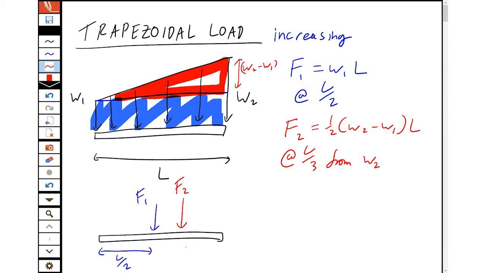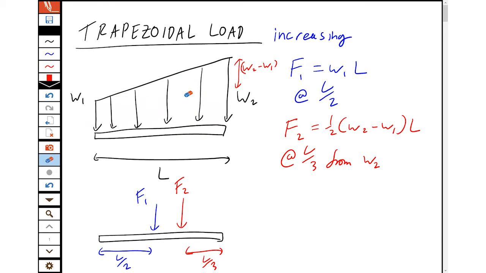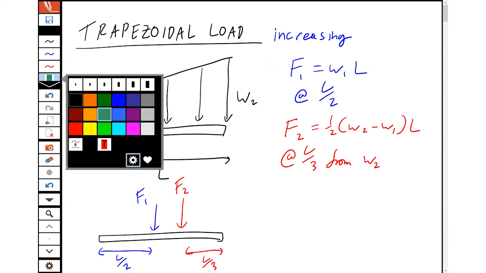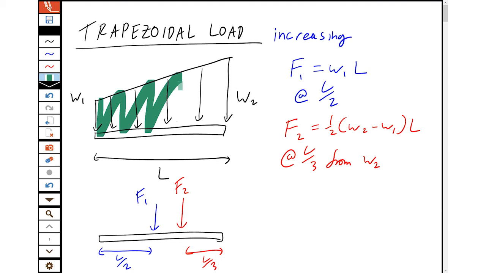And you can see that comes quite nicely down to just two equivalent forces, and that works perfectly well. It's not the only way to do it though. It turns out trapezoids have existed for a while, so people have come up with a way of dealing with it. And if you prefer, you can just do the whole trapezoid in one step,